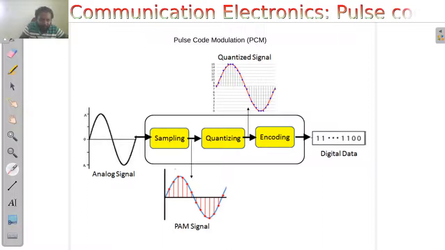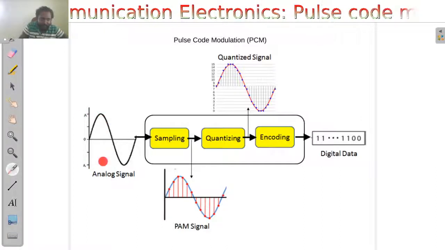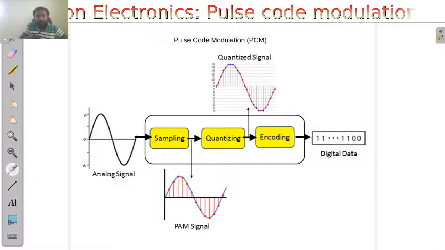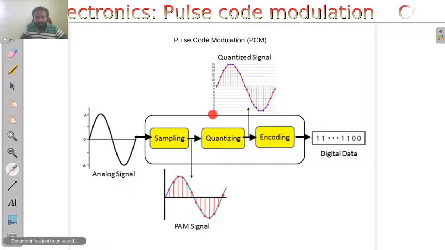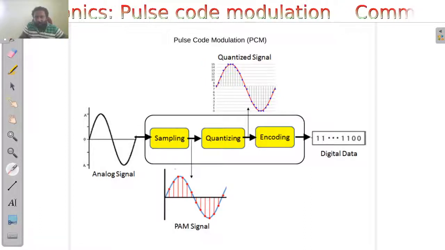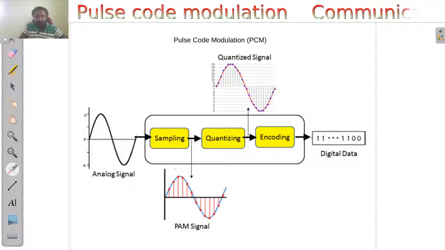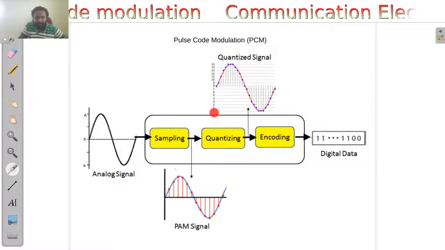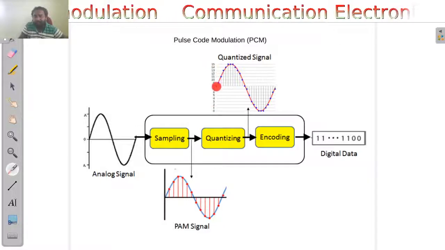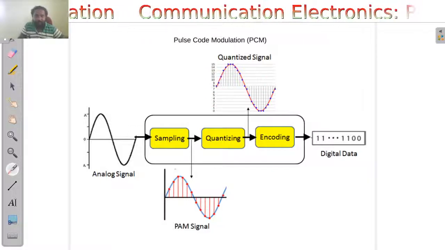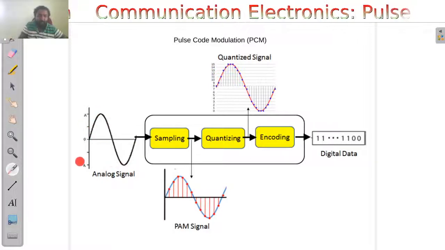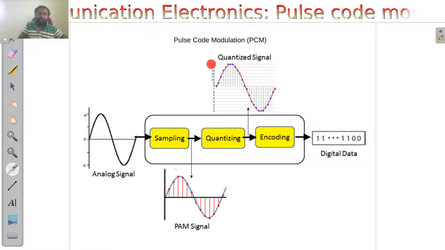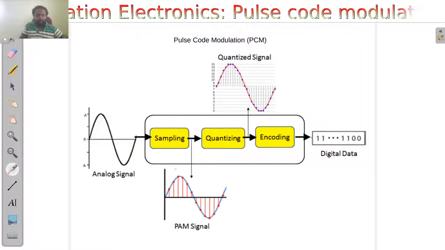Now the second step is quantization, where you will be representing the analog amplitude range. That is, here you are having minus A to plus A variation for the sine wave represented here. So this variation range will be represented in another scale. So here the scale is from 0 to 15. So it's not 15 volt or 15 ampere or something. It is just a number. So the number is represented from 0 to 15, and it represents the variation of the sine wave of your modulating signal. And you can say this 0 represents your minus A and 15 represents your plus A, somewhat similar like that.